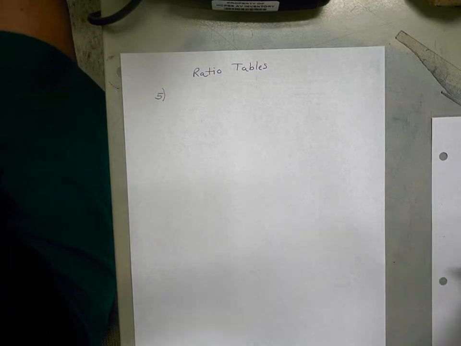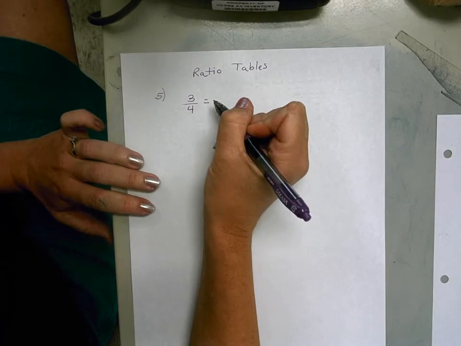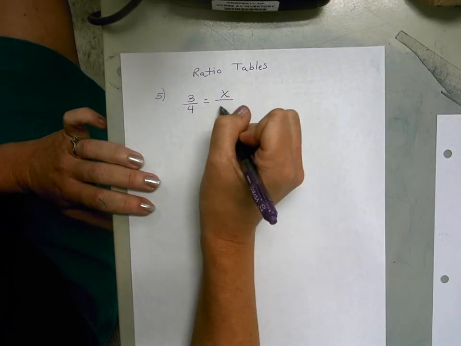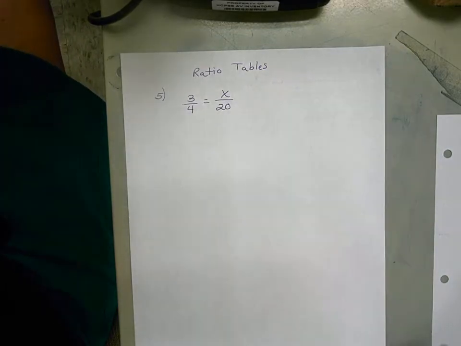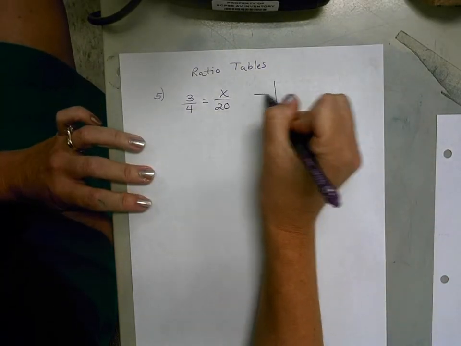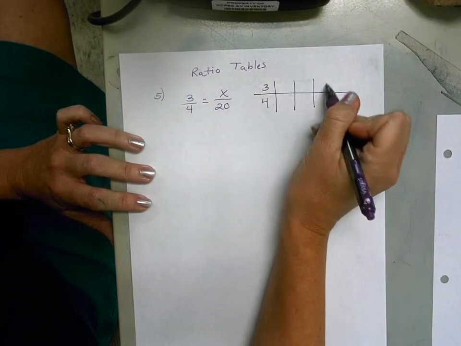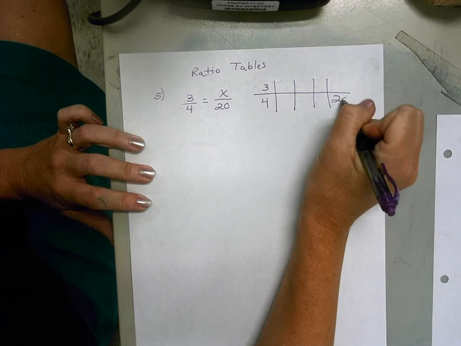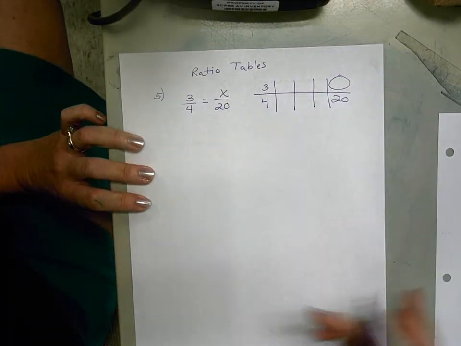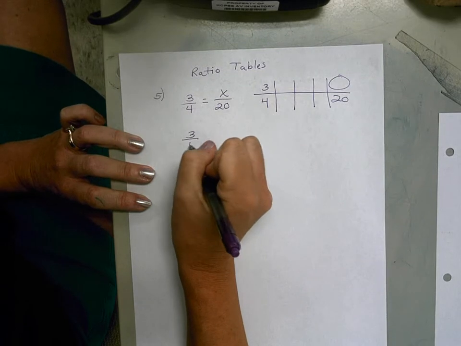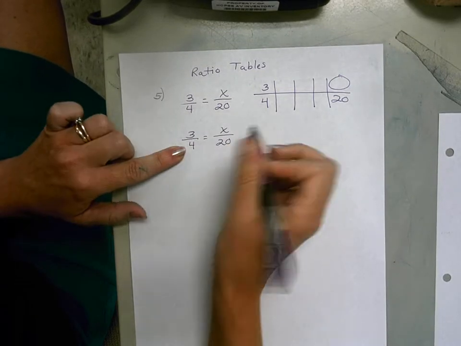The homework problem I want to look at with you is a pretty simple one. 3 is to 4 as x is to 20. So the two ways that we could solve this are using the ratio table, where we have 3 and 4, and we're going to make a couple columns of work, and we know we're going to solve for 20 and find some missing value. And the other way that we can solve this problem is by noticing, hey, I can